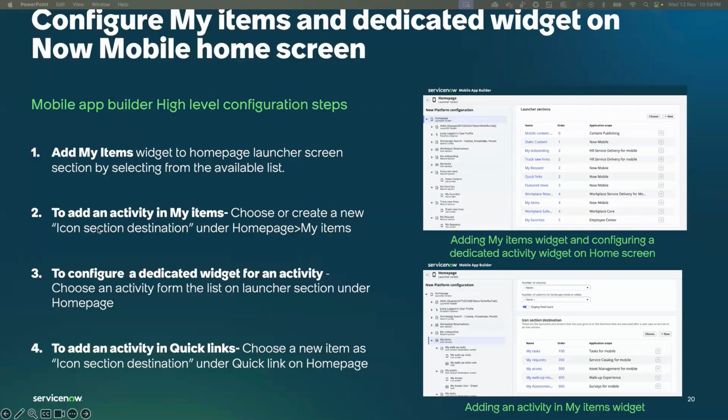Then you can add an activity in my items. As you enter the my items, you could add one of those activities. We saw the 5 activities available. If you want to add more, you could choose from this button, or you could add a new one if you want to add more activities under my items. Then you have to configure a dedicated widget, which we saw for My Task. Here I've created it for my request. Similarly, you could choose it for my task as well. Once you choose My Task from the available list,